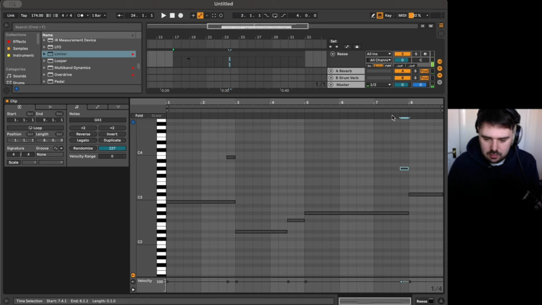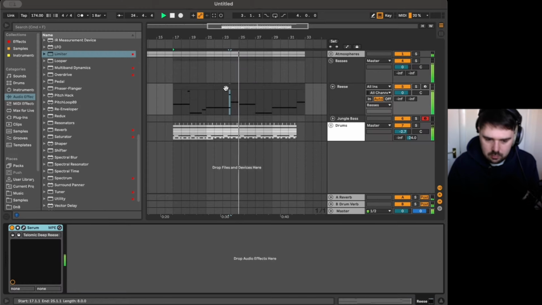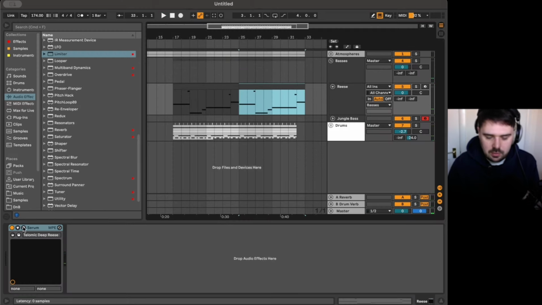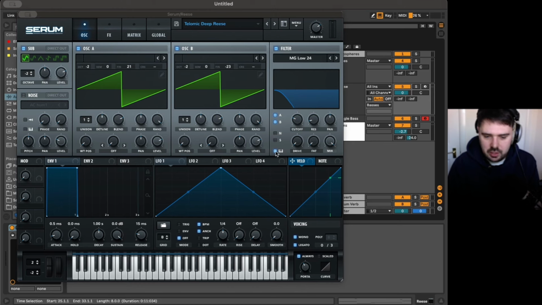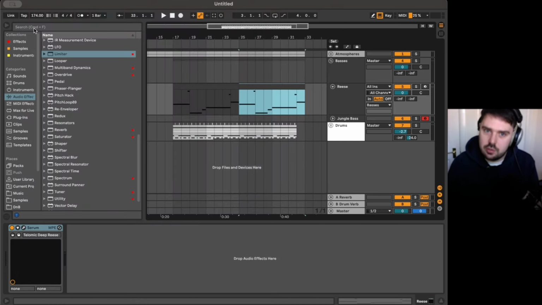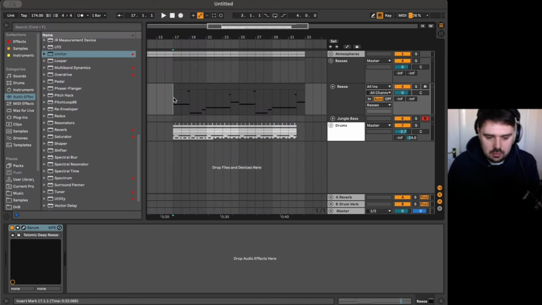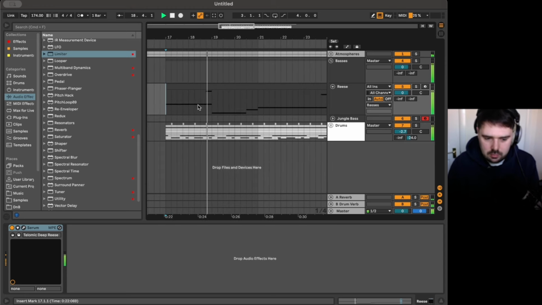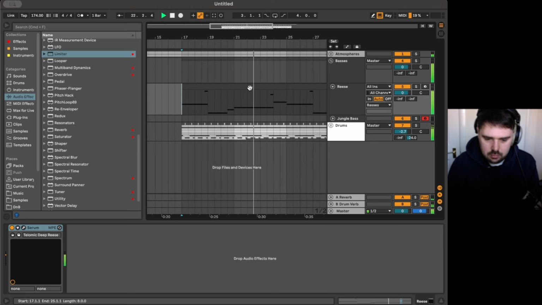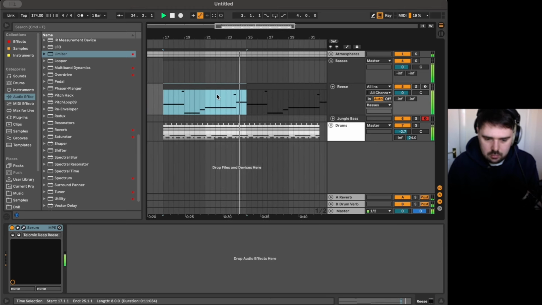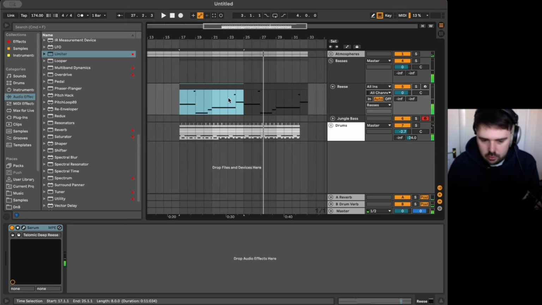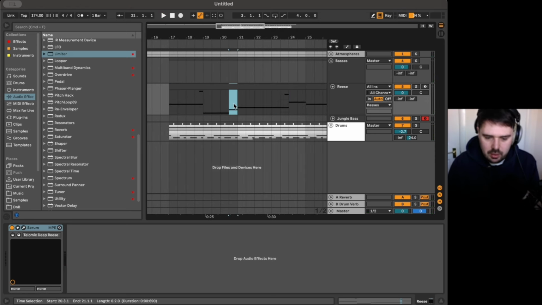And then maybe another. One of the good things about that is that we've got some key tracking on the filter. And so when the bass line jumps up, the filter also opens up as well. So you get some of those top end harmonics from the saw wave coming through. Cool, so let's say we're happy with that, but